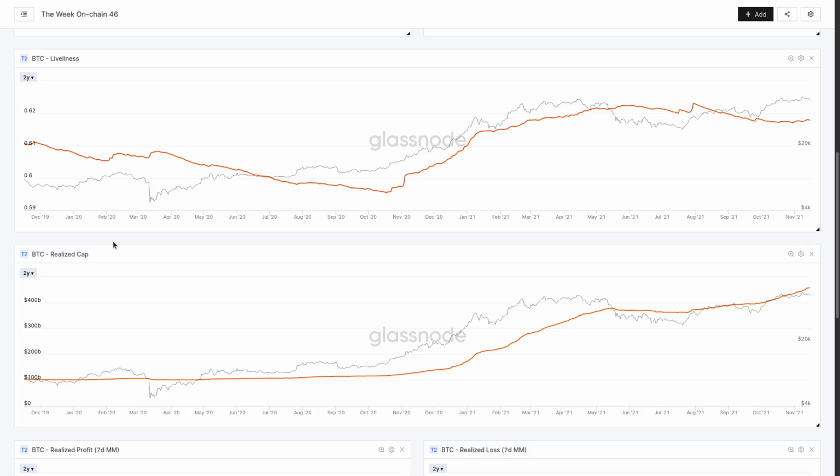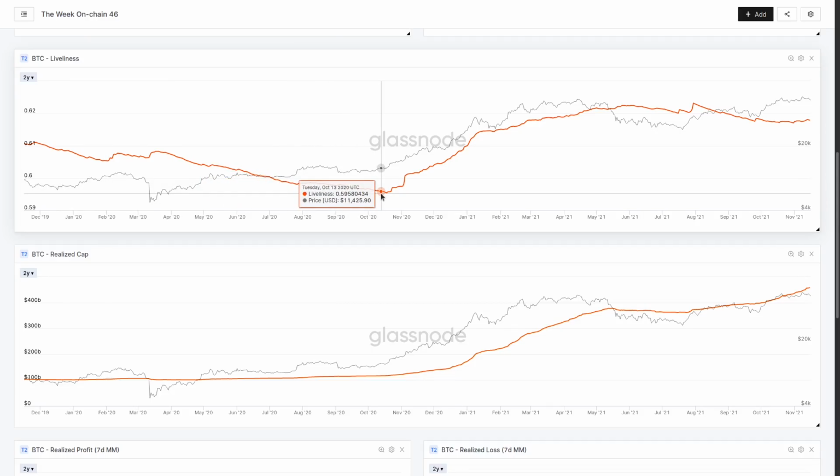So the way to think about this is, when we have a downtrend in liveliness, and this is a very big macro metric, it's showing that there are more coin days being created than destroyed. There is more hodling and dormancy in the coin supply than spending. Now, the steeper the curve to the downside, the more hodling is going on. So generally, a long-term downtrend in liveliness is present during a bear market, but it's actually showing that there's a lot of accumulation going on. Older coins are staying dormant, young coins being taken off the market.